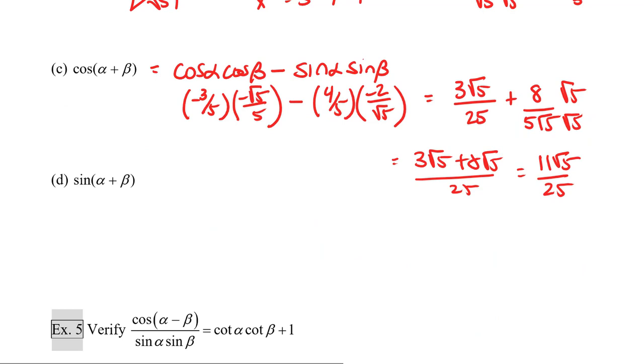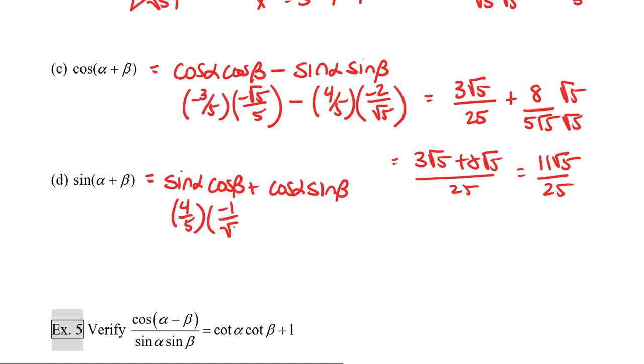So I'm going to expand the formula. So this is equal to sine alpha cosine beta plus cosine alpha sine beta. I'll substitute in the values. The sine of alpha is 4/5. The cosine of beta is negative 1 over the square root of 5, plus the cosine of alpha, which is negative 3/5, and the sine of beta is negative 2 over the square root of 5,